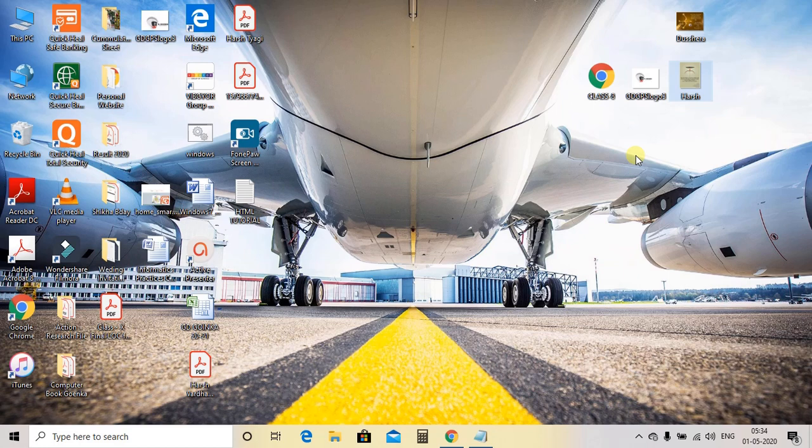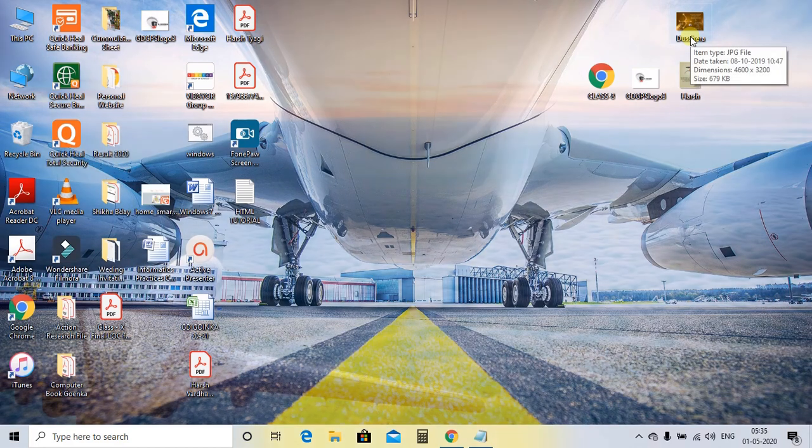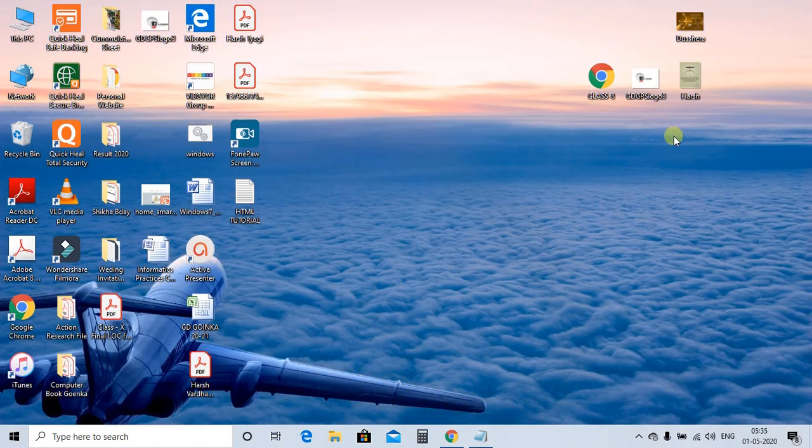JPG, PNG and GIF. Now to see the extension of an image, just hover your mouse over the image and it will give you the item type. Item type, it is written PNG, it means it is a PNG file. Then moving here, it is a JPG file. So we have 2 types of file here, JPG and PNG.